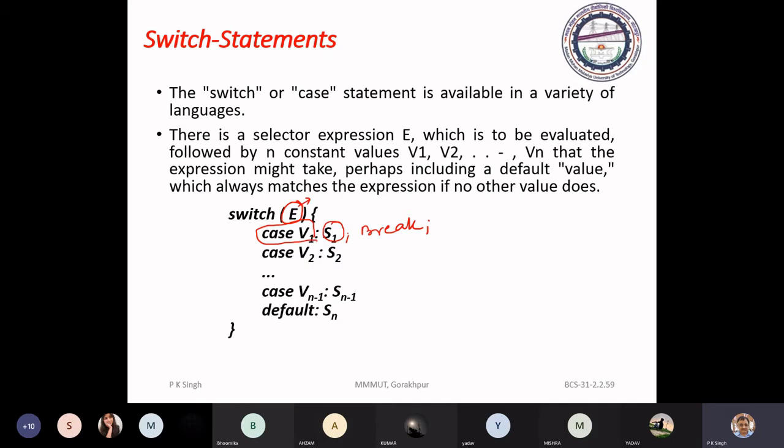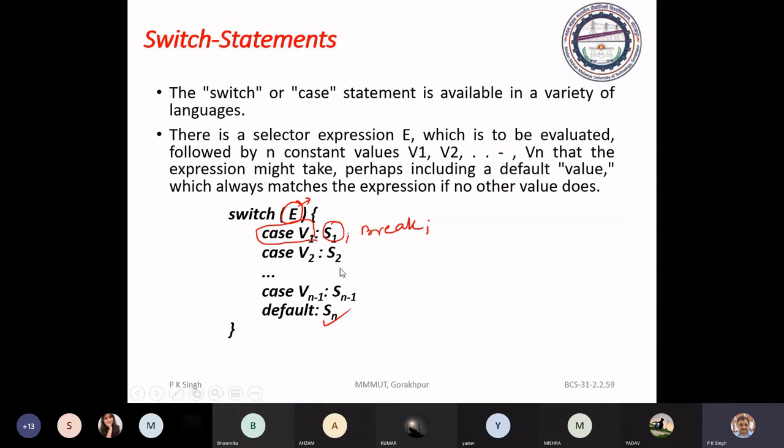And one more thing: if the evaluated value doesn't match any of the labeled cases, then it will execute the default statement. Here you may have any statement that should be executed if none of the cases get matched. So we have two possible schemes for translation of this construct.